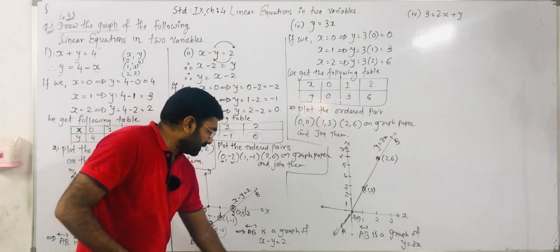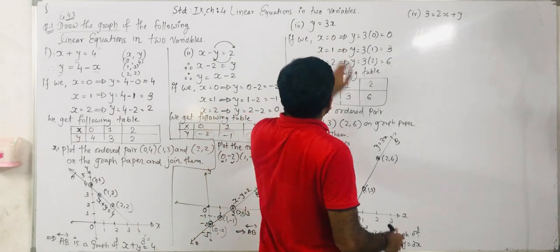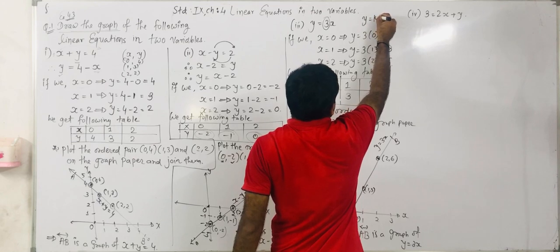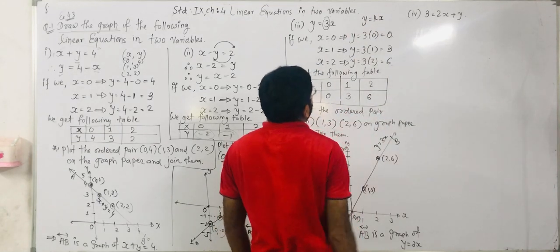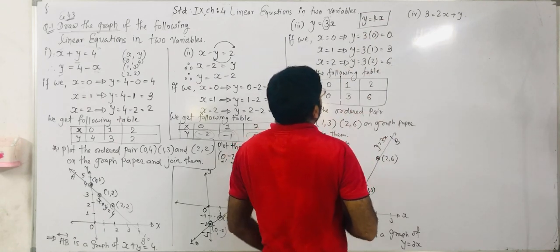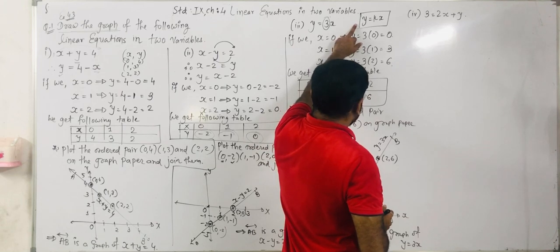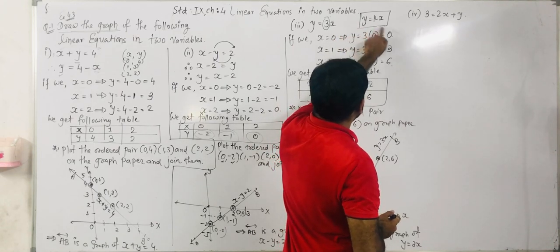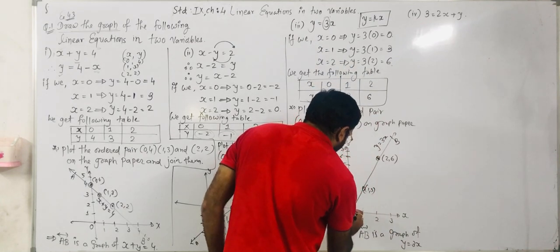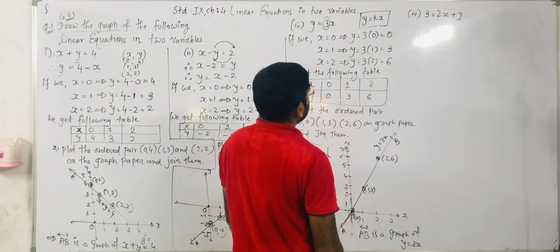Here from this question we get one MCQ. Which one? Suppose y is equal to 3x is given. In place of 3, any integer is given, and suppose y is equal to kx is given. Then if anyone asks what is your graph, and in this graph the straight line is passing through which point? So always remember that thing, y is equal to kx is given. So your graph, or you can say the straight line, is always passing through the origin, right? From the 0 0. Okay.